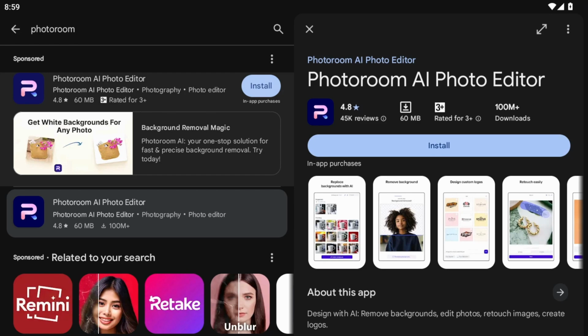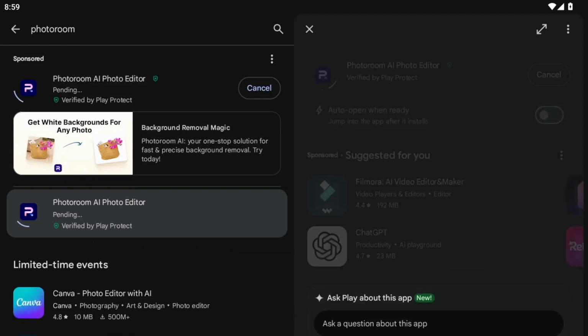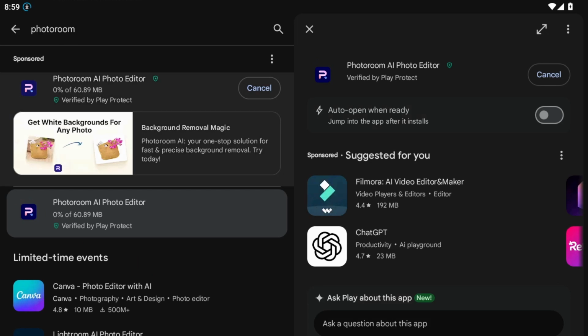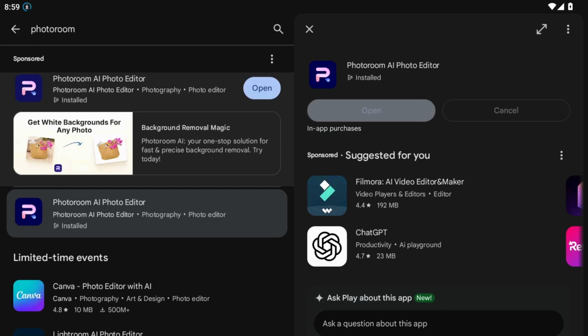Now, the installation process will begin. This can take anywhere from a few seconds to a few minutes, depending on your internet connection speed, so be patient and let the Play Store handle everything for you. Once the installation is complete, you'll see an Open button in place of the Install button. Click on Open, and just like that, the Photoroom app launches on your device, ready for you to start exploring